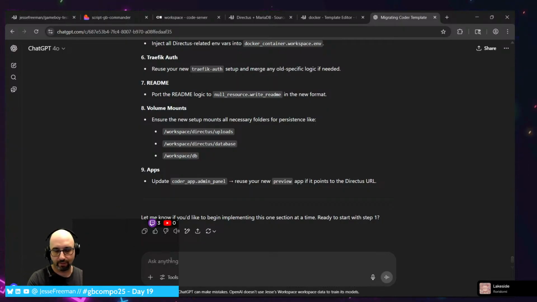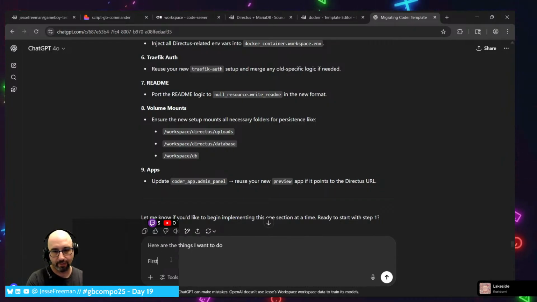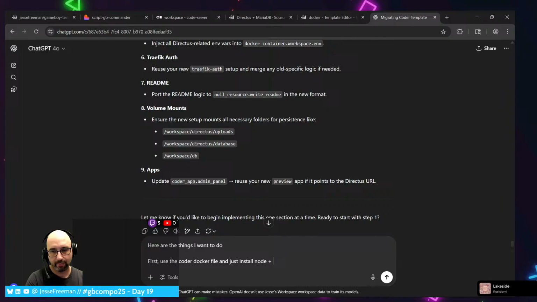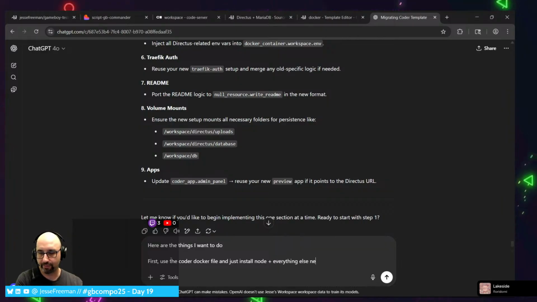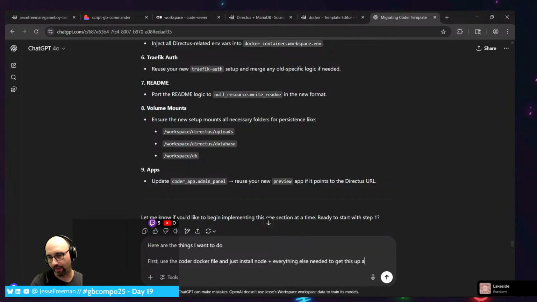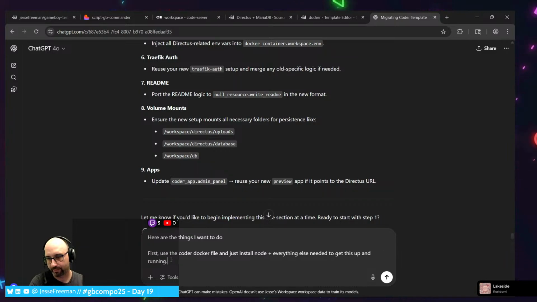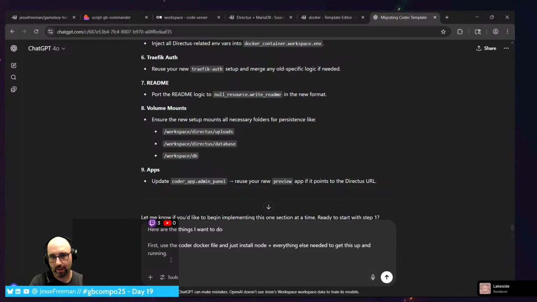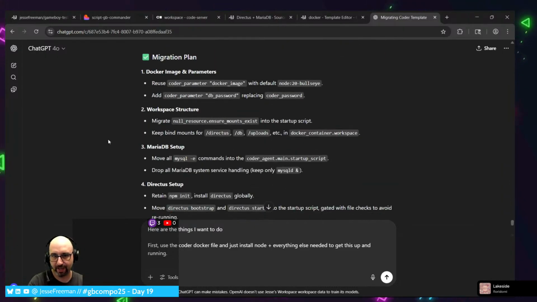Here are the things I want to do. First, use the Coder Dockerfile and just install Node plus everything else needed to get this up and running. Next, what I wanted to do was